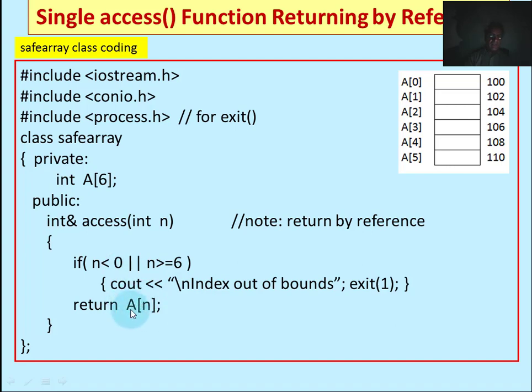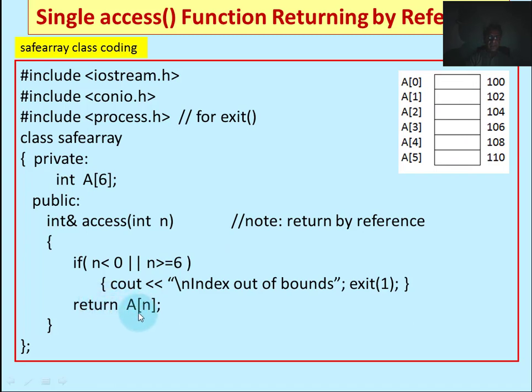But the value will not be returned. Is something attached with this value? Yes, the value contains this address, so the address will be returned, because its return type is int address, integer address. So these are integer memory locations, and these are the addresses of integer memory locations. These addresses will be returned. Actually, the access function is returning the addresses, not the actual value.